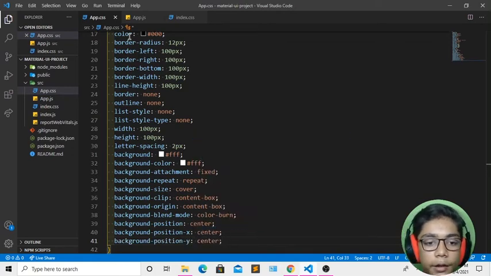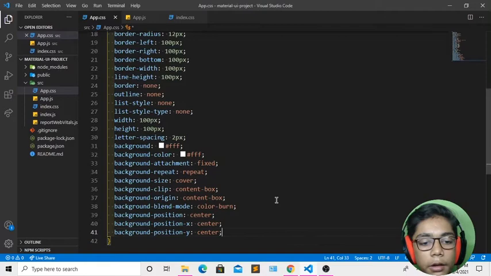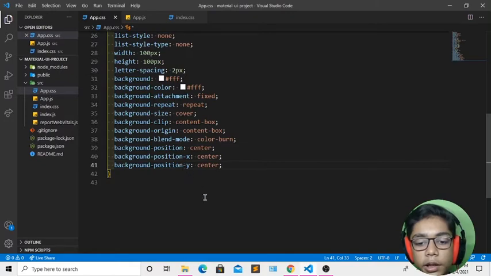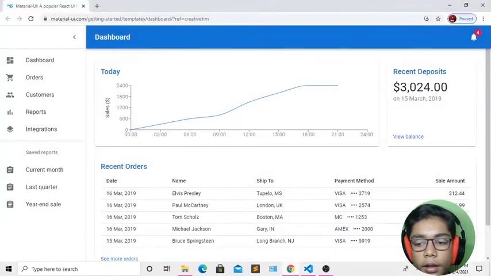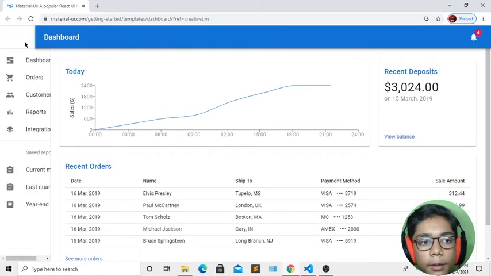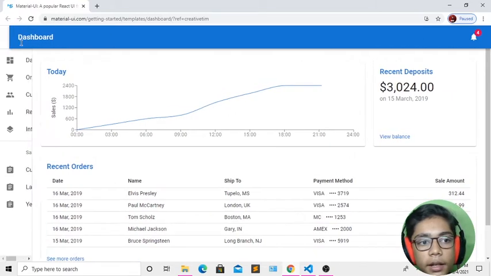Now you can see we have done many of the things which we need here. When you have defined all that, just hit save, and if I show you in Google Chrome, it will look really awesome and really cool. So just go to Google Chrome here, and now you can see our Material UI project is ready. First of all, you can see we are getting our sidebar in the corner. Then we have this option. You can close it or open it by pressing this. And how good looking is that?